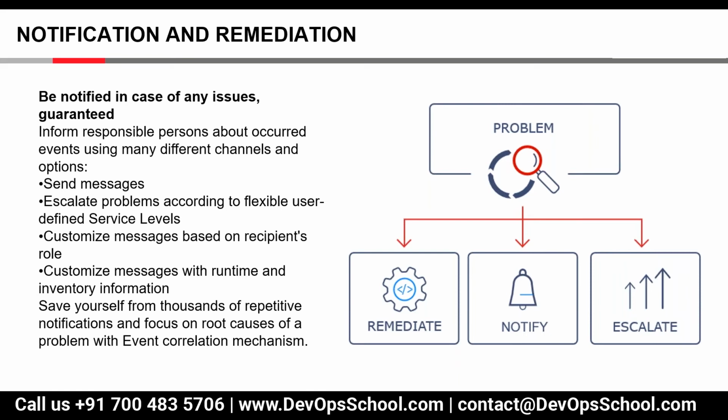Okay. So those customizations are there. Then we can escalate those problems as well. In those actions, we can add a particular time frame as well. So for 1 hour, whenever I'm getting the alert, it will send it to a particular user.